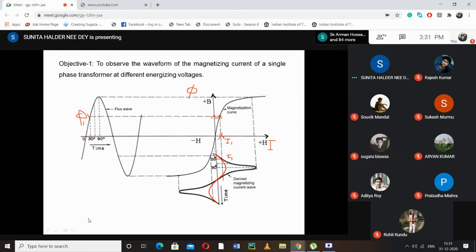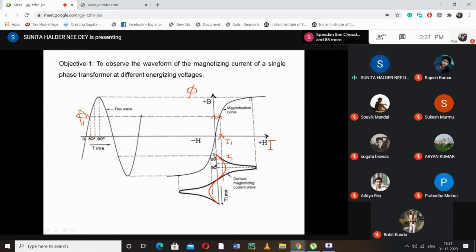Yes, ma'am. So what will be our expectation to observe? If we apply a voltage lower than the transformer rating, then we shall observe the magnetization current as sinusoidal. But if we apply a voltage near to the rated one or more than the rated one, then we shall get the magnetization current peaky in nature. And generally, a transformer is designed such that at rated voltage, the operating point on the magnetization curve is near to the knee point.